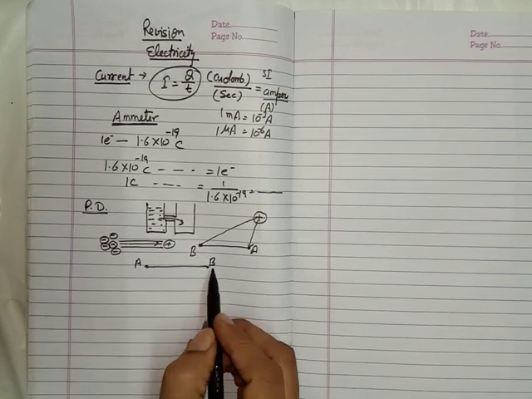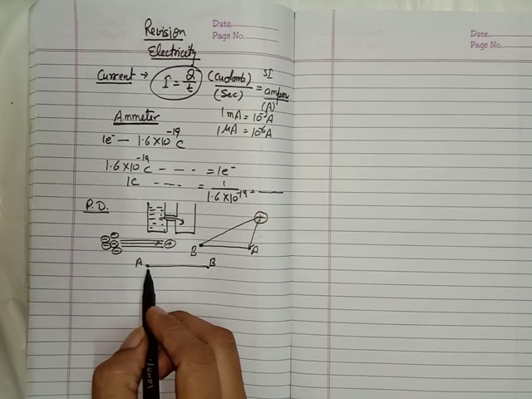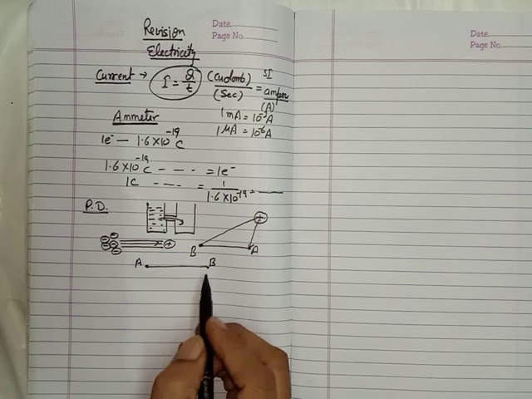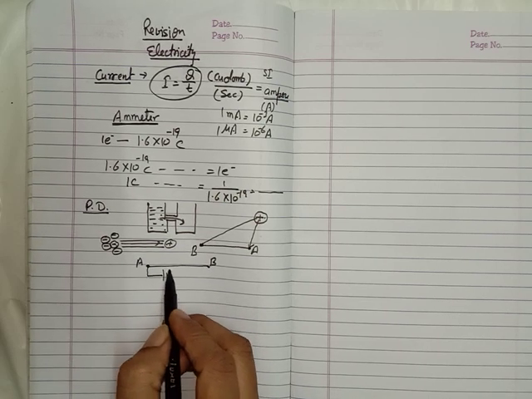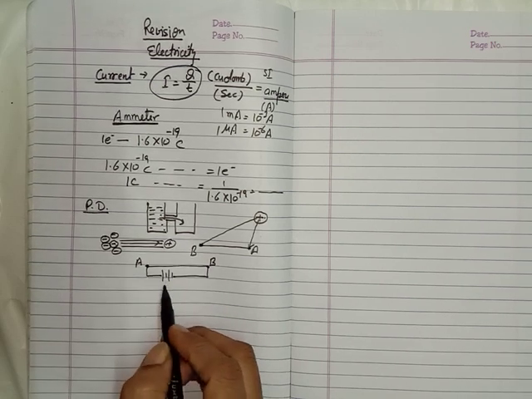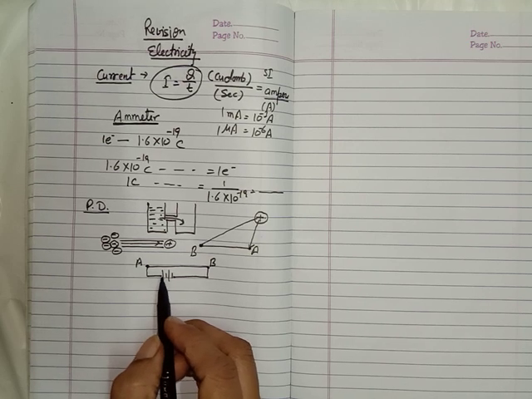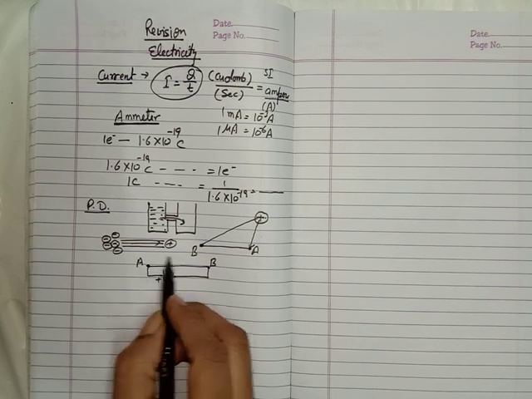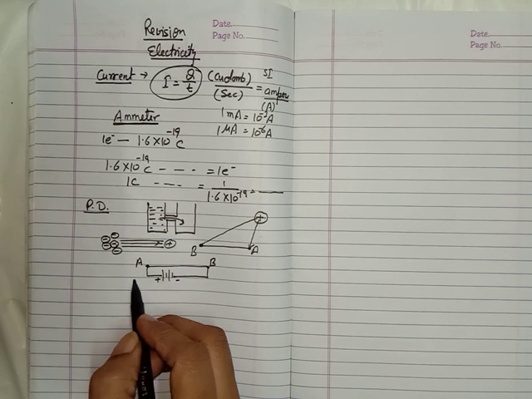Potential difference means there should be some difference in the charges so that the current can flow from this point to this point. And for this flowing of the charges, we have to connect it with the battery or the cell. If we connect these 2 points with the battery or the cell, what happens? The charges start to flow from the positive terminal to the negative terminal, or we can say the electrons start to flow from B to A.